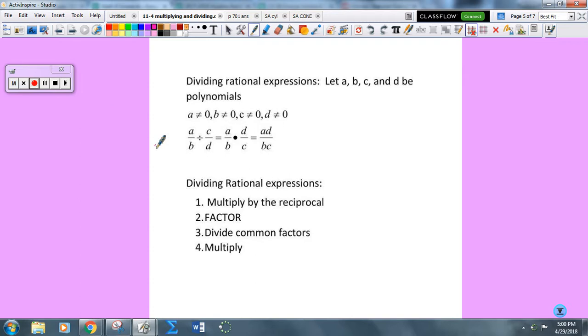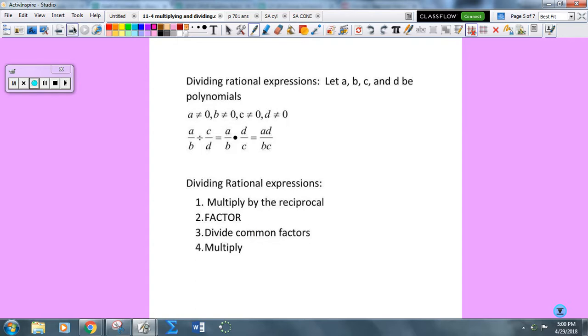Dividing. Same rules as dividing fractions. Dividing rational expressions: let a, b, and c be polynomials where none of them can be 0. I first skip, flip, multiply, and then multiply straight across. Steps are the exact same thing, except I'm adding multiply by the reciprocal, or skip, flip, multiply. Factor, divide common factors,